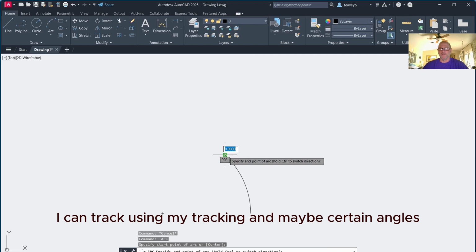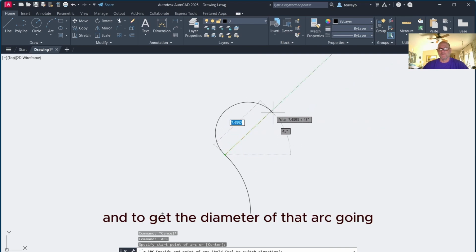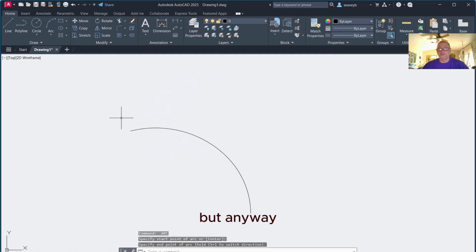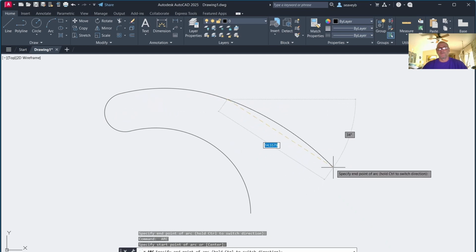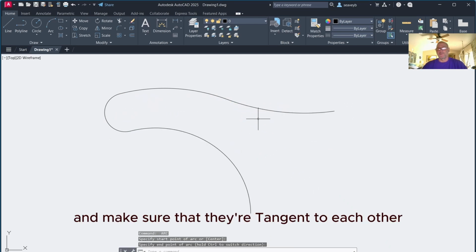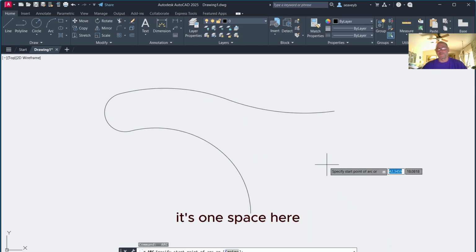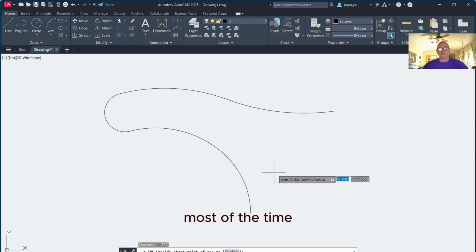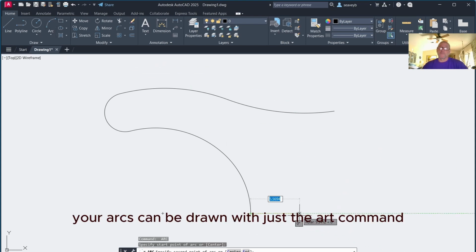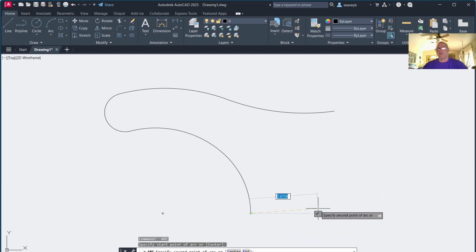I can track using my tracking and maybe certain angles to get the diameter of that arc going. But anyway, just hitting space twice will continue the arcs and make sure that they're tangent to each other. It's one space here. Let's try, well, most of the time your arcs can be drawn with just the arc